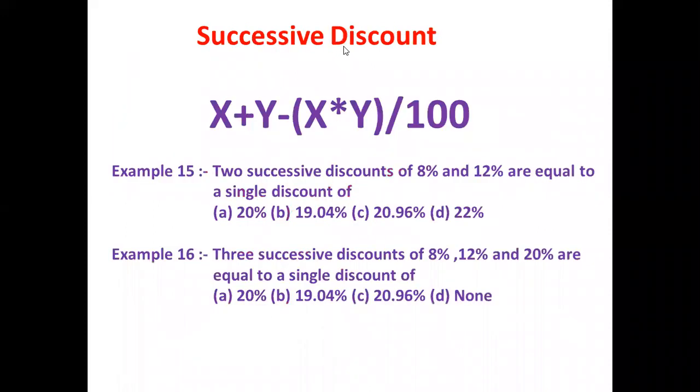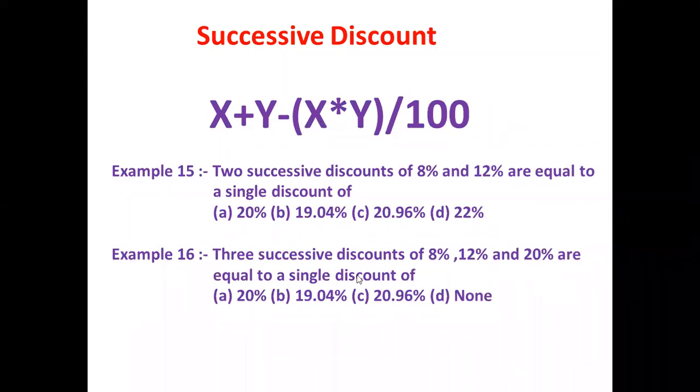Okay. Now we are coming across another formula. This formula is concerned with successive discount. Whenever we go to the market, there is some sale. In this sale, we can use this formula: x plus y minus x into y upon 100. The only difference from the formula we did before is the sign: in the previous formulas it was a plus sign here, but it is minus here. Suppose there are two successive discounts of 8% and 12%. So these are equivalent to what discount? You can simply put 8 here and 12 here. 8 plus 12, 20, minus 8 into 12 by 100, you will get the answer.